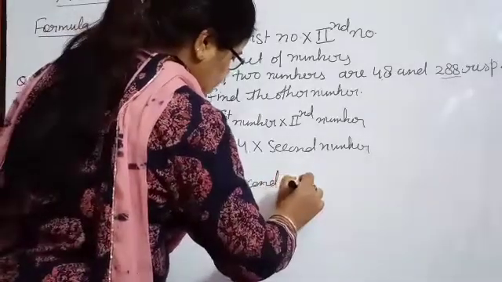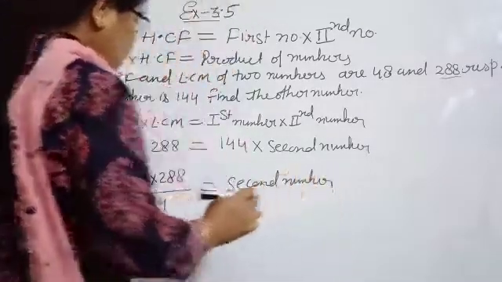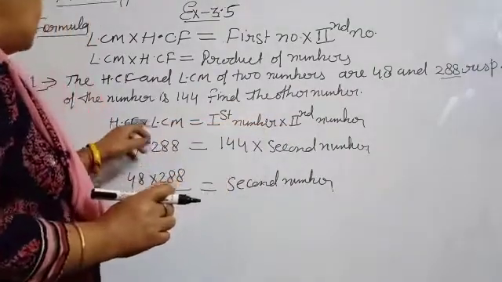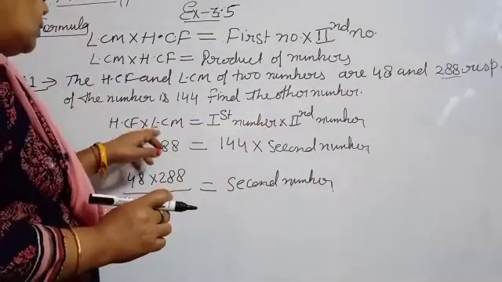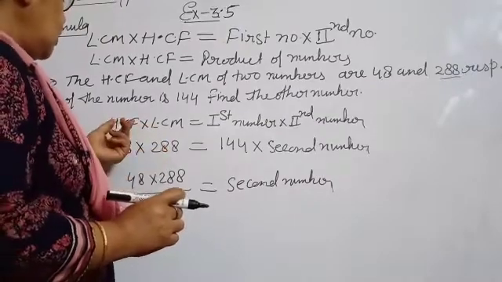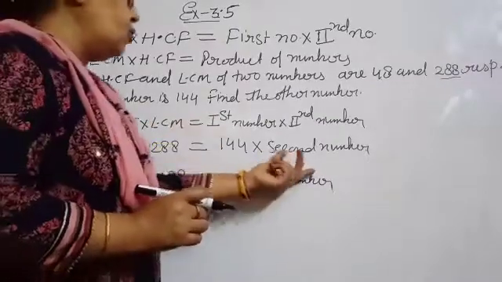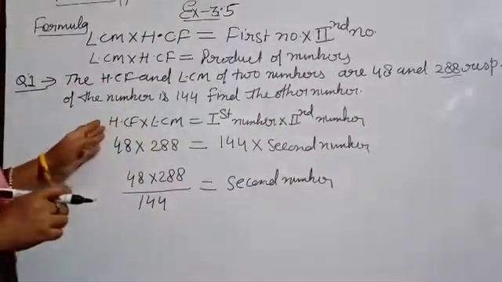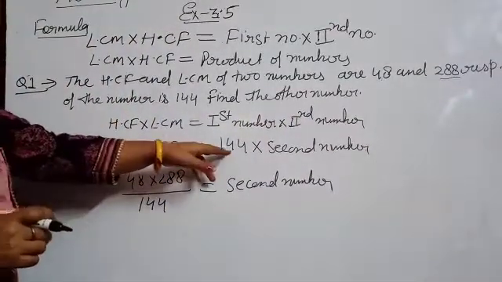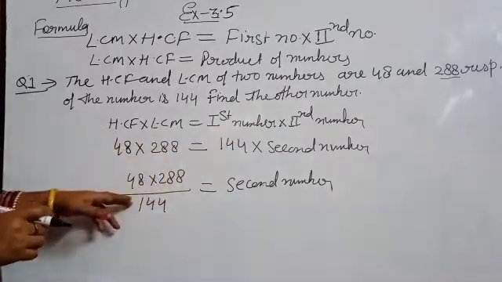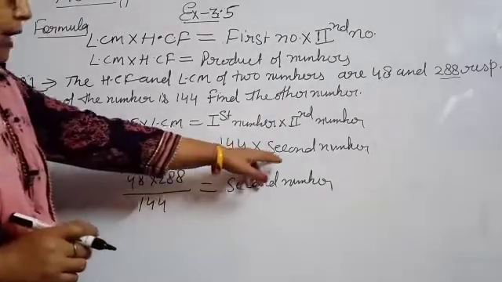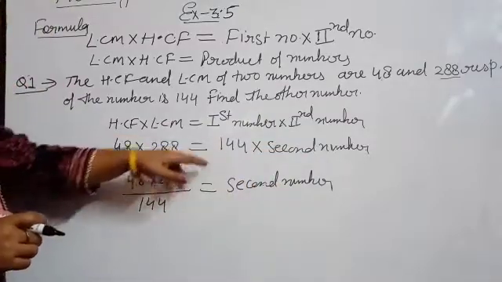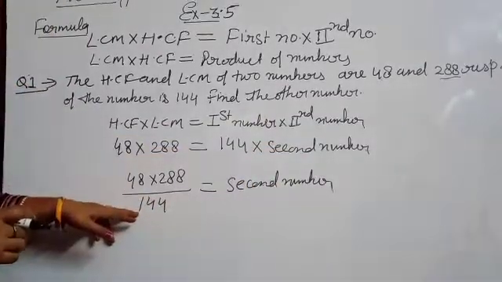Second number. Okay, suppose we have been given the first number and second number, and from here only one value is given, so the second value we will find. So whatever single value is given will go in the denominator. In the same way, here left hand side values are given, and on the right hand side one value is given. So on finding the second number's answer, that value will come down in its denominator.